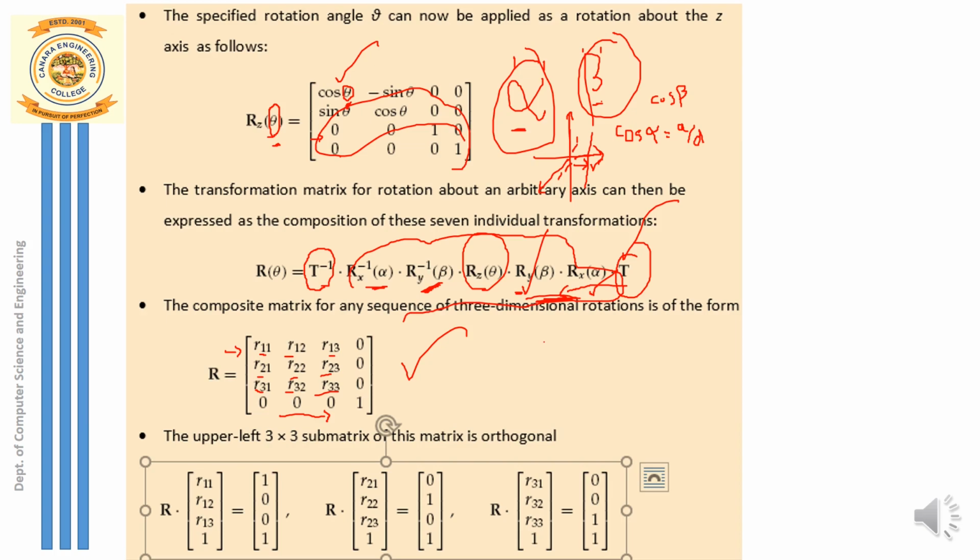And finally you can write it like this: T multiplied by R multiplied by T inverse. This is how you can perform the rotation about an arbitrary axis, R of angle theta. So remember this. We have here the first row, which is the rotation factor along the x-axis, written in the form of a column matrix. So the first element is 1, the rest are 0, and the last element is 1.